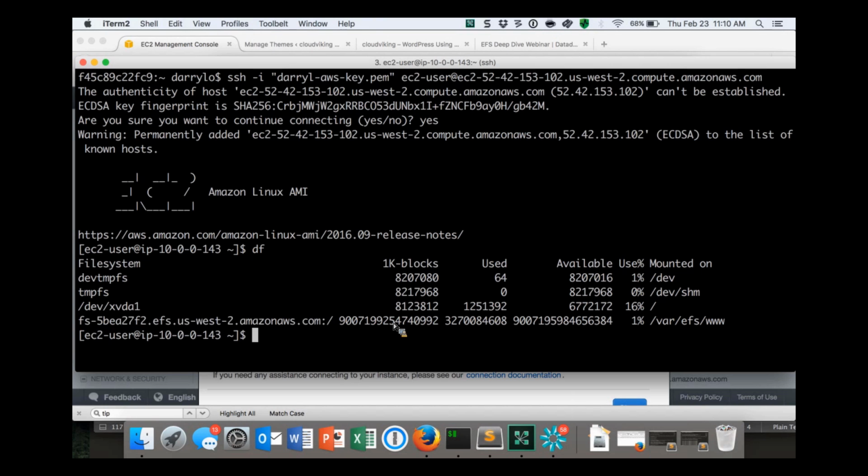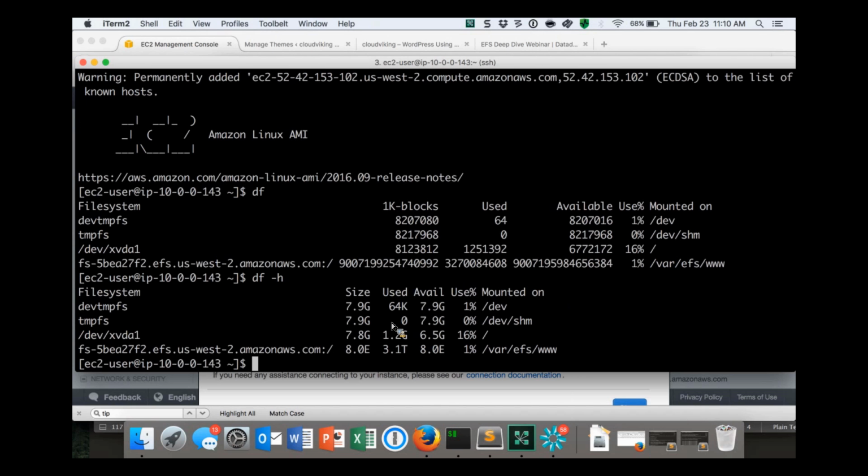And can anyone do a very quick calculation on how large this file system is, how it's showing? Pretty big, isn't it? So if we do a quick, just that's 8 exabytes it's showing to the file system, to the operating system. So that's amazing. So how do we, though, mount all the file system to these EC2 instances